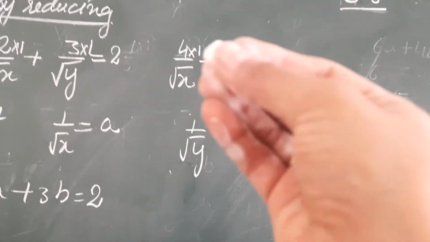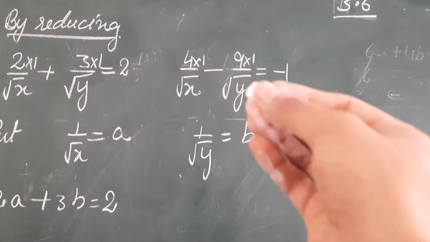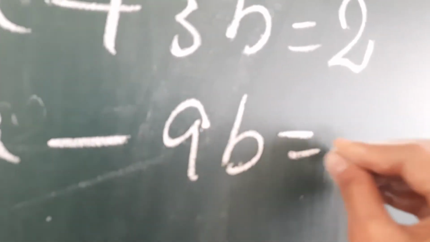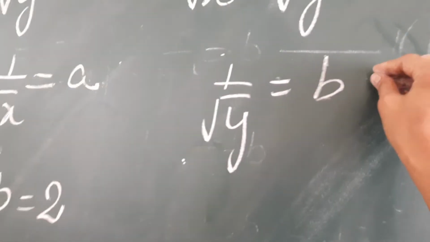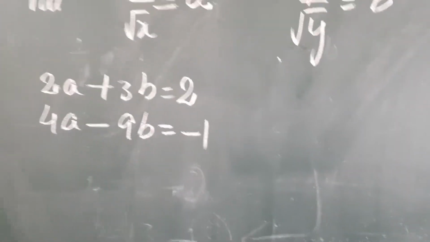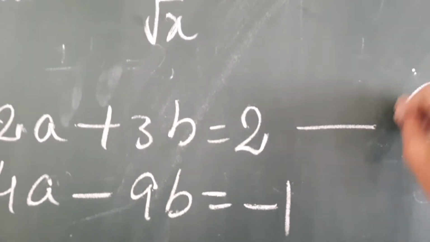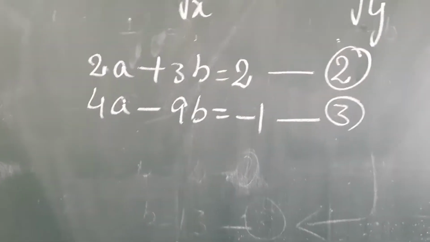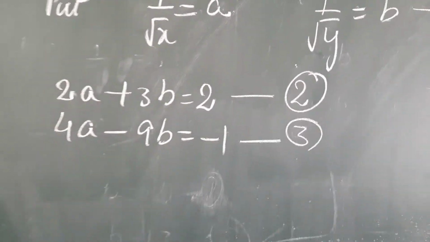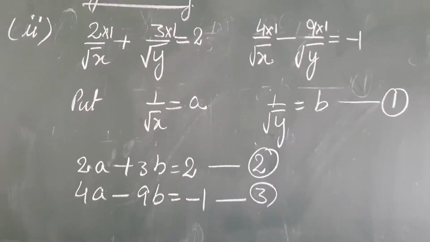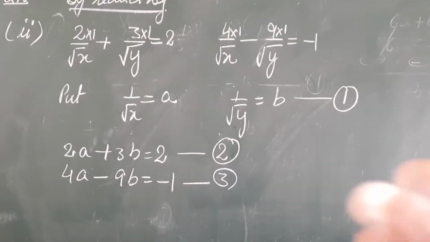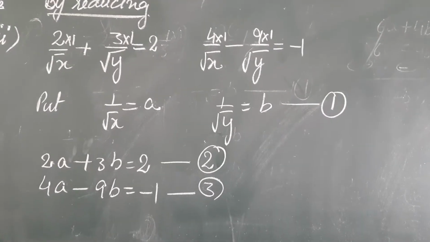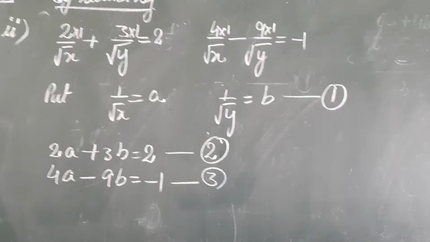Similarly, dear students, second equation, 4a minus 9b is equal to minus 1. So mark the substitution point as first equation and the two linear equations as equation 2 and equation 3. Now as you all know what we have to do, we can use either elimination method or substitution method to get the values of a and b, as we have done in the first part. Similarly we will put the values of a and b back in this point to get the values of x and y. So let me show you the end, and till that try the elimination part yourself.